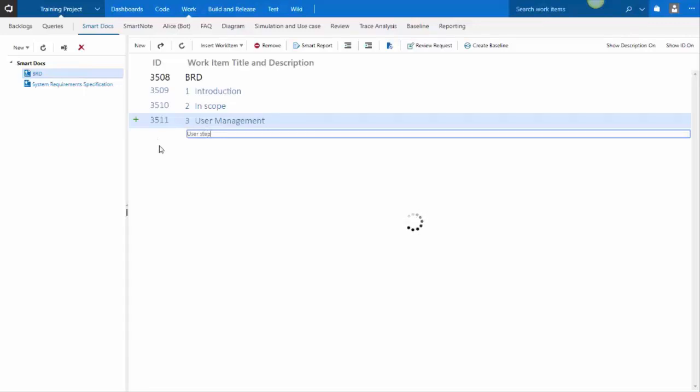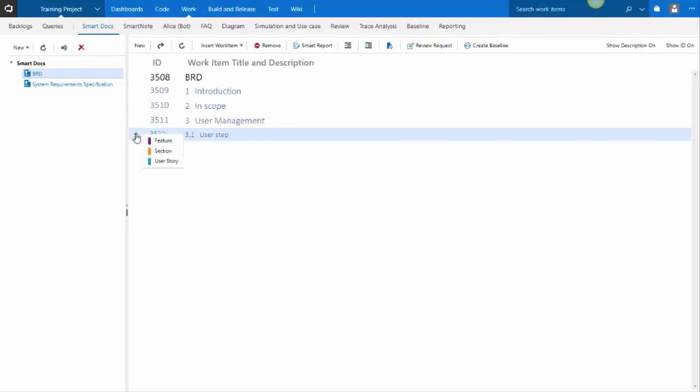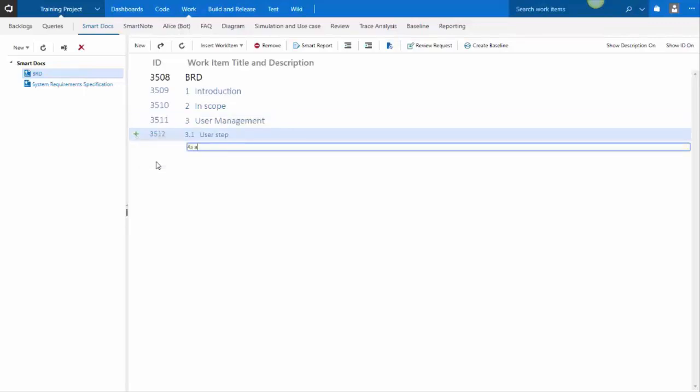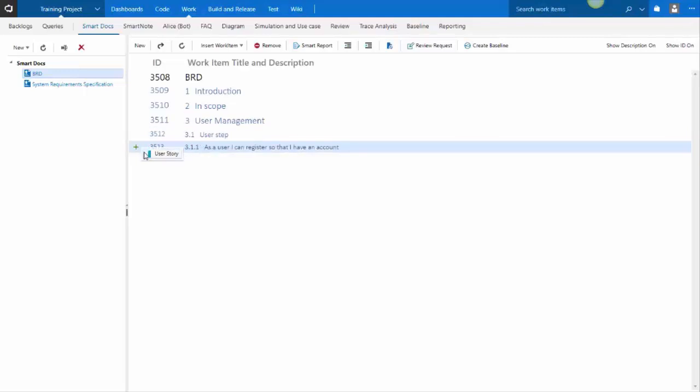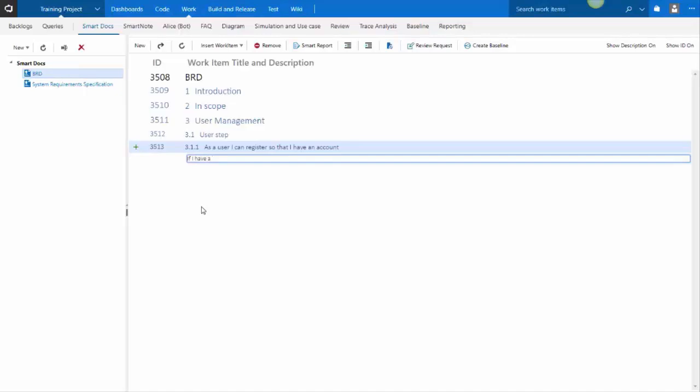And within user setup, as a feature, I may then further define my user story. That as a user, I can register so that I have an account. And likewise, I could create multiple user stories here, or I may even choose to further drill down on that particular user story. If I have a user account in Active Directory, then I can simply